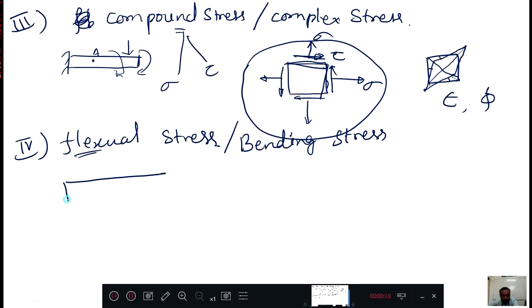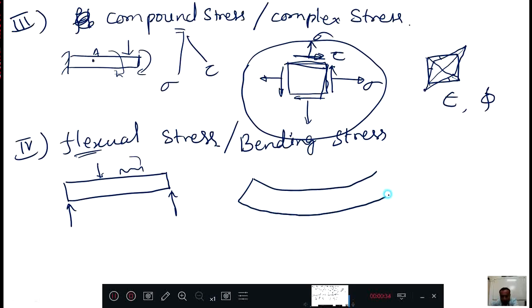Flexural stress is when the beam is like this. See here, first I will explain the things and later we will give the definition. This is a beam, and here I am applying some force, whether a point load or UDL or whatever force. When I apply such force, then this beam will bend this way. Now this beam is bent this way. Initially the plane was like this, later the plane became inclined, and these two, if I put them like this, then I will get like this.